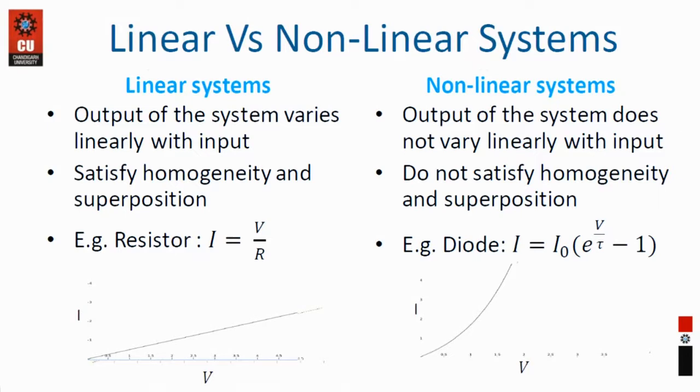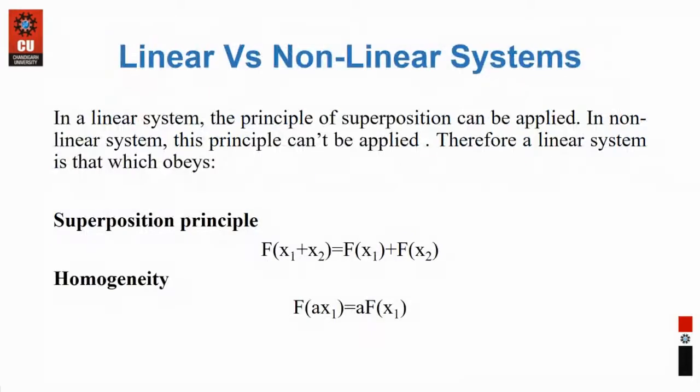But sometimes we don't have a simple equation, just as straight as it is. Even looking at this equation, we can simply comment. If I increase the voltage to twice, my current will not be twice, it will be e to the power of twice. And what is e to the power 2? 2.3 raised to the power 2, so it is not 4, it is greater than 4. So it's a non-linear system. But sometimes the equations are not so simple or straightforward. So to test linearity and non-linearity, we can simply apply the superposition principle and homogeneity.